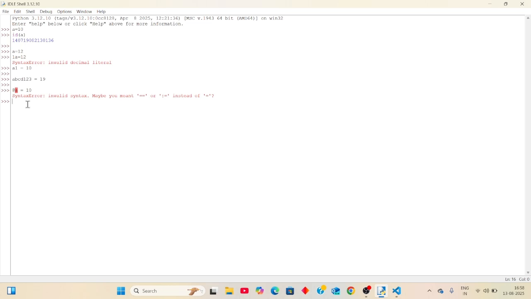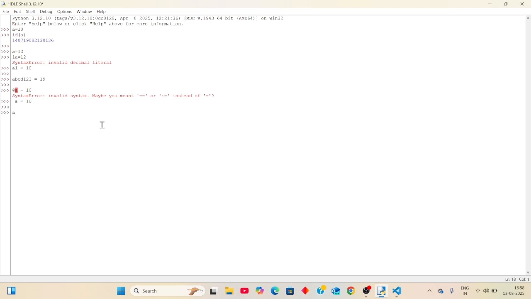You can use only the underscore as a special character. Underscore a equals 10. You can use it like this. It will accept.